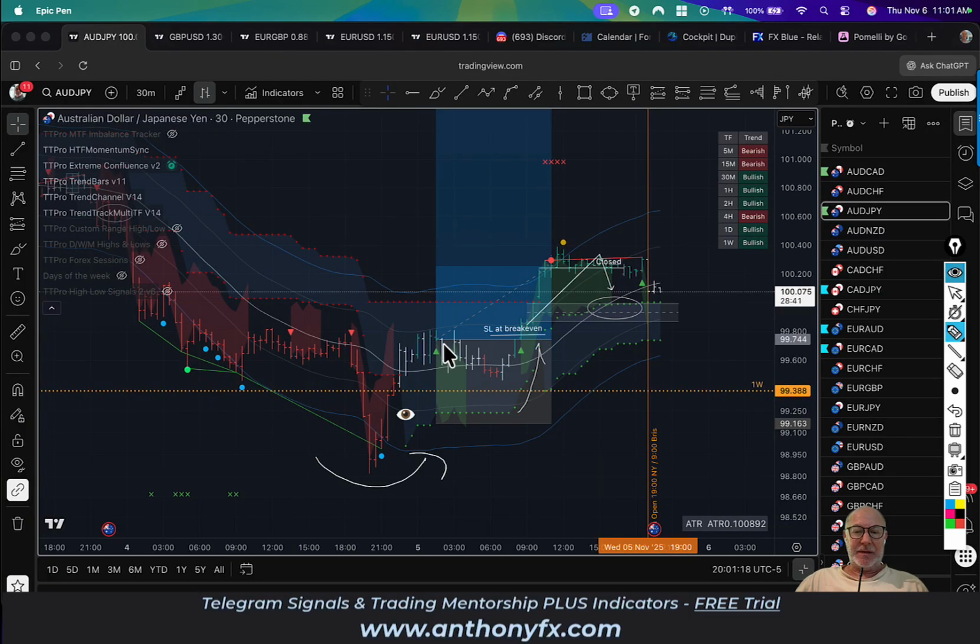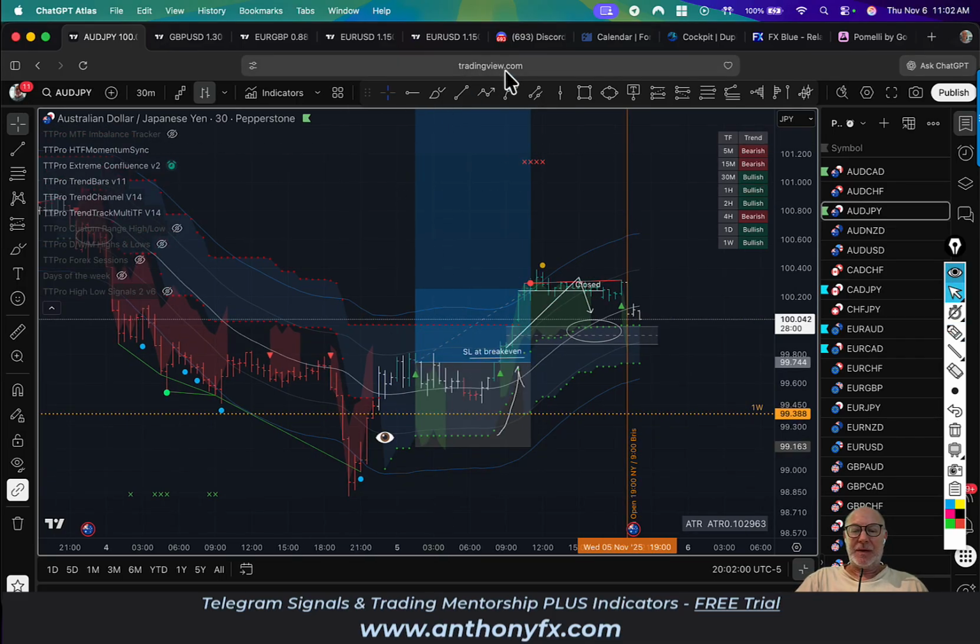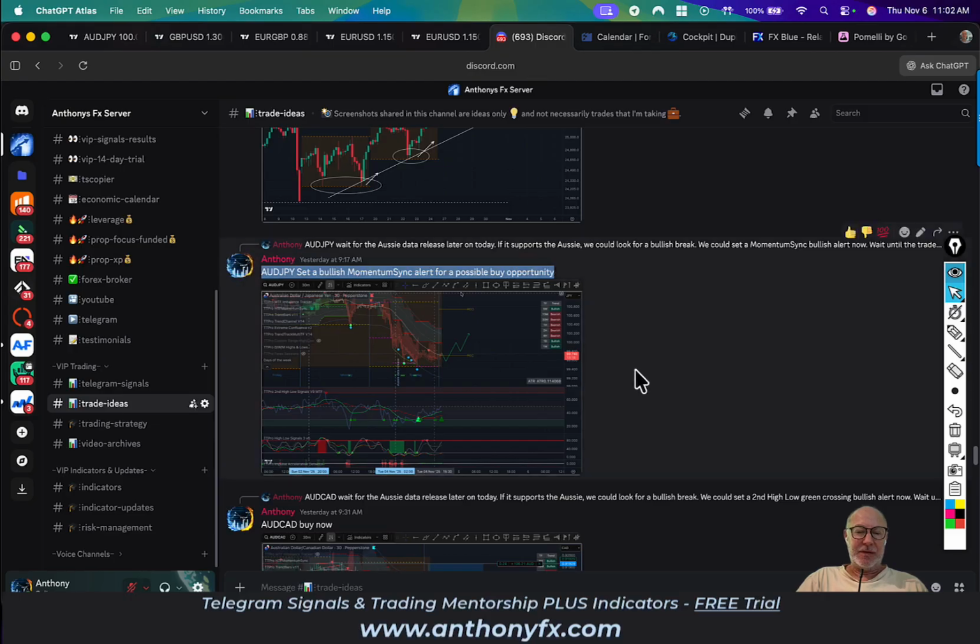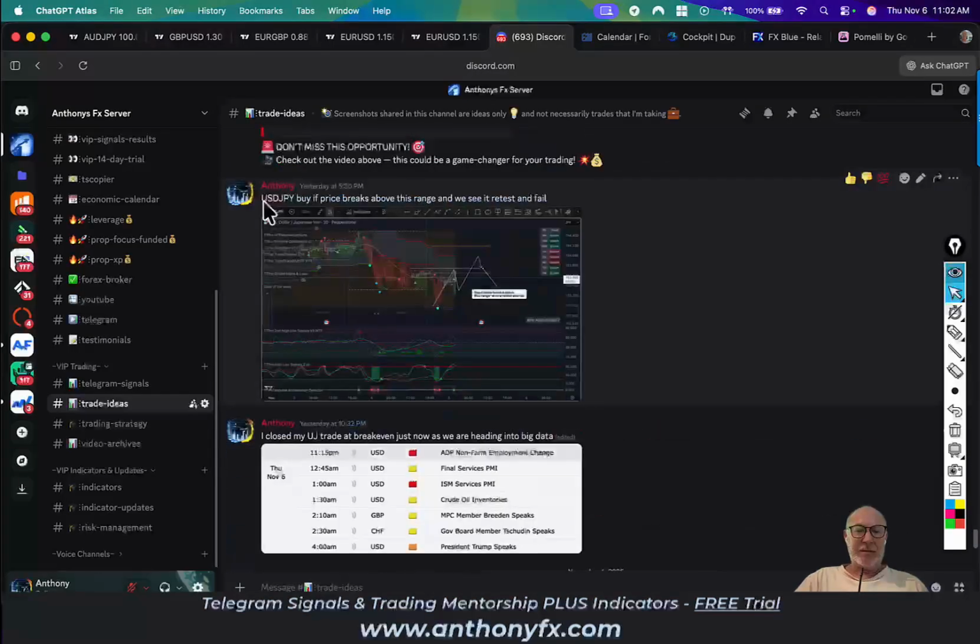Set an alert on the trend momentum sync indicator. There it is. And take the next green signal. Once you enter the trade, then you're going to come in and set this alert here for the exit. That's exactly where I closed it. That's pretty simple, right? The other signal I sent yesterday was, we scroll down, dollar yen, buy if price breaks